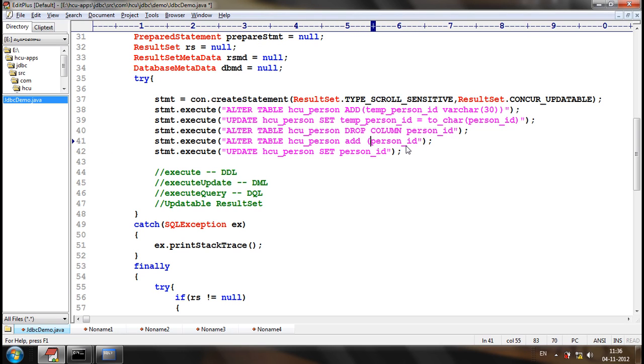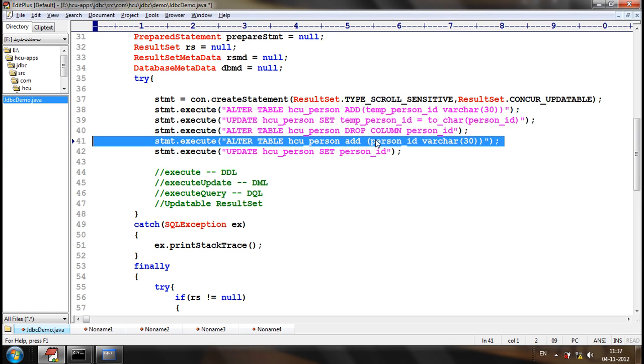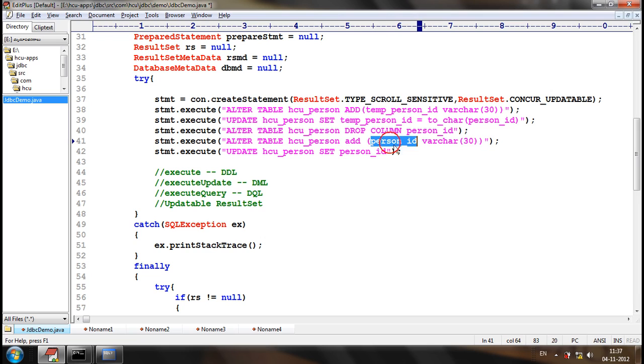Add person id, which is varchar. In the fourth step, what we do is we create a new column person id, which is varchar. Okay, and in the fifth step we will push the data from temporary person id to person id. So set person id equal to